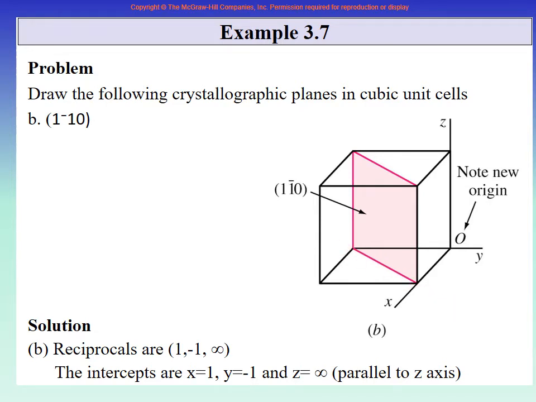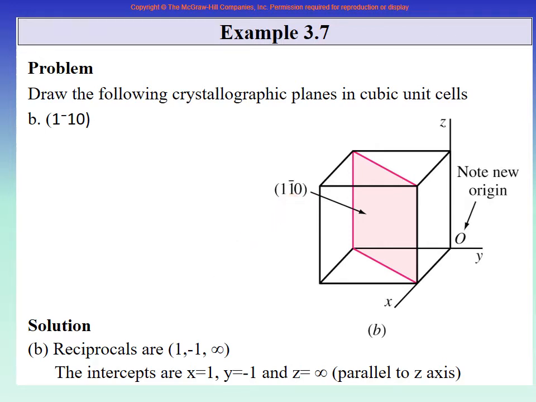This line is on the bottom face. So draw exactly the same line on the top face. Right? This line is the diagonal on the bottom face. Go to the top face, which is the mirror, and join it. So now you have these two parallel lines, and then complete the plane. So this is the plane 1, minus 1, 0. Right? So this is what you should do.